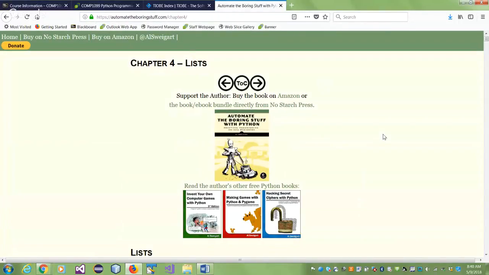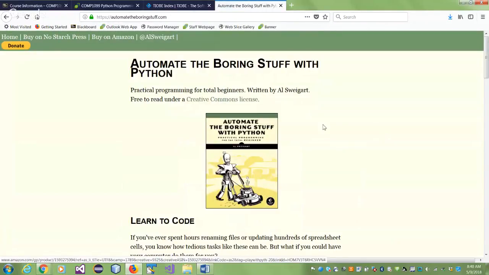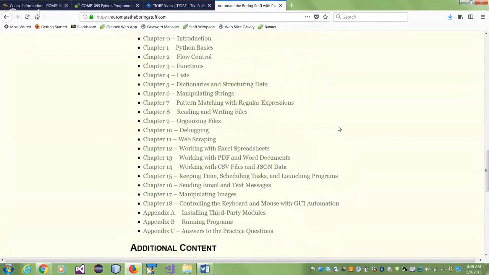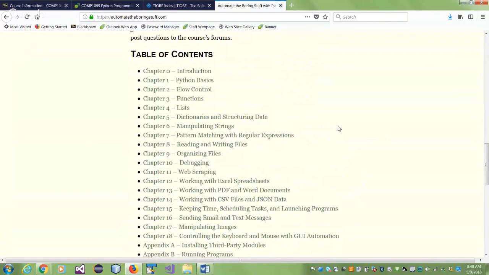So there are a few chapters in here. We start from 0 and go on till 18, I think. My aim is to go from 0 to 8 and then pick and choose from 11, 12, 13, 14. And if I don't find something here, like I don't find object-oriented here, I'll do it through PowerPoint slides or something. So not all chapters will be covered in their entirety, but 0 to 8 will be covered almost completely.